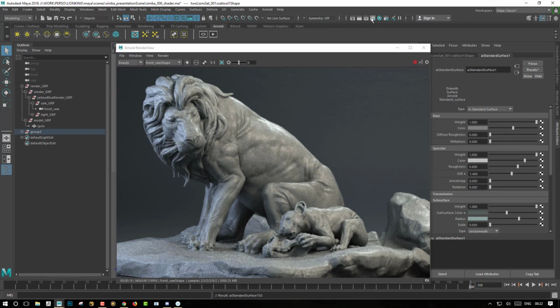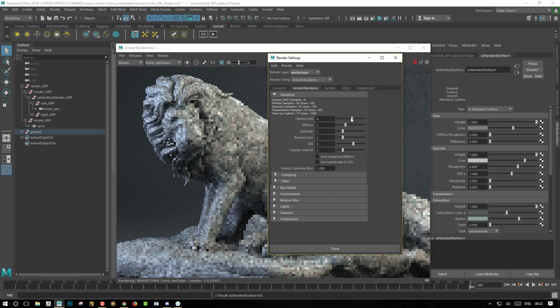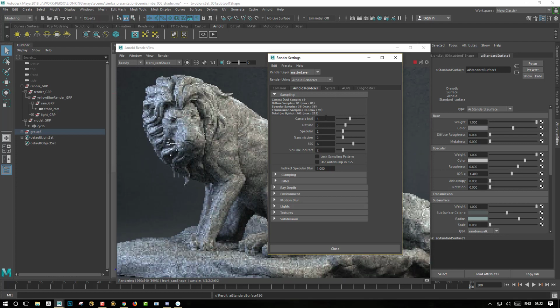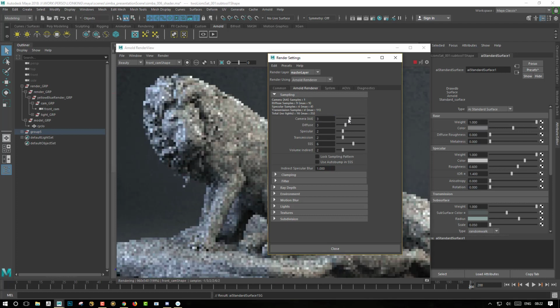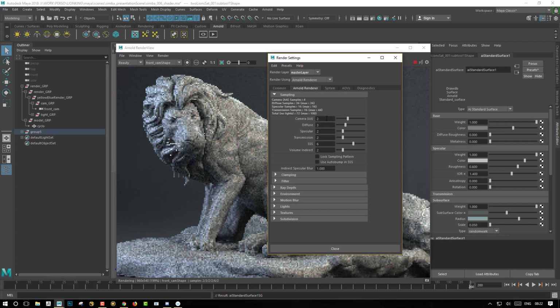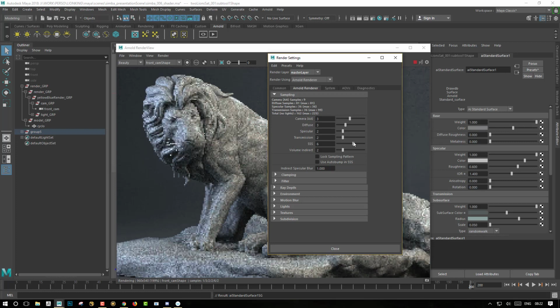But for the moment, I will just raise up the camera anti-aliasing sample value, and this will multiply all the other samples. So you can see before we had a different number for everything: transmission, specular sample, diffuse sample. So raising the camera anti-aliasing sample does multiply all the different slots that we have in the shader.